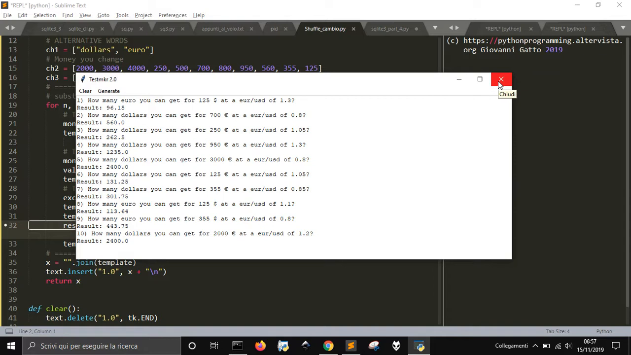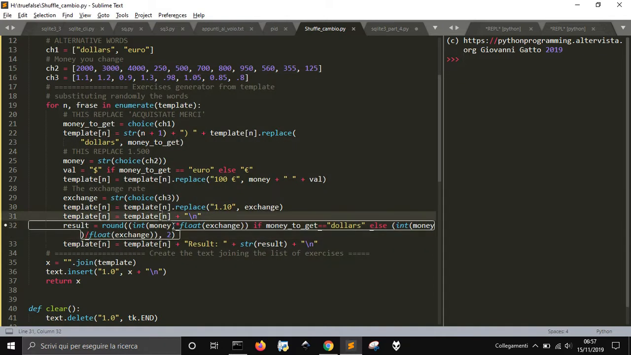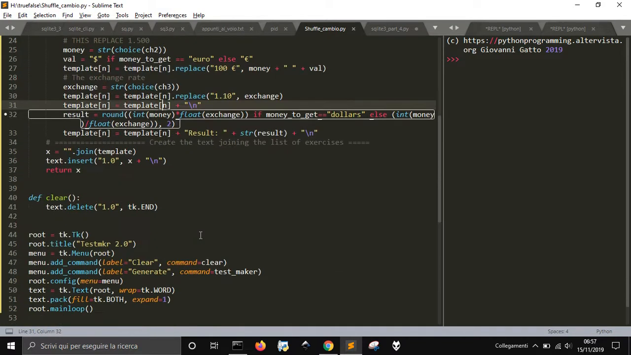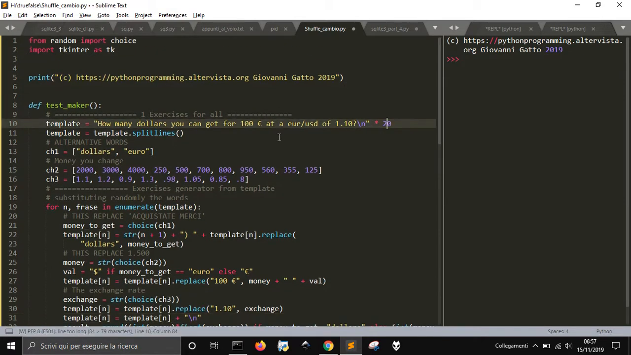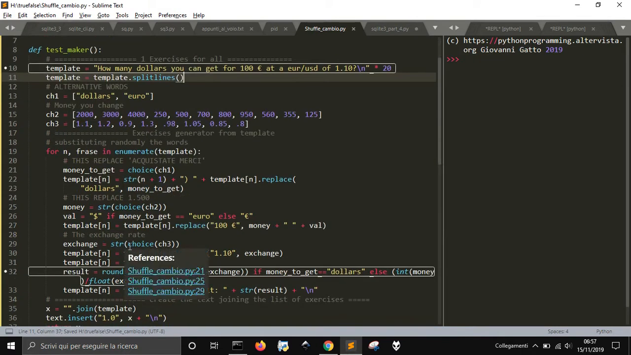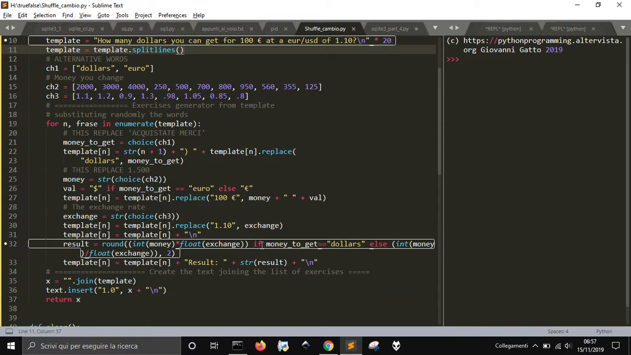Okay, now that it's done, I want to probably make it for something like 20 times, 20 of this, and the solution, I don't want the solution always, so what I can do is that this part here,